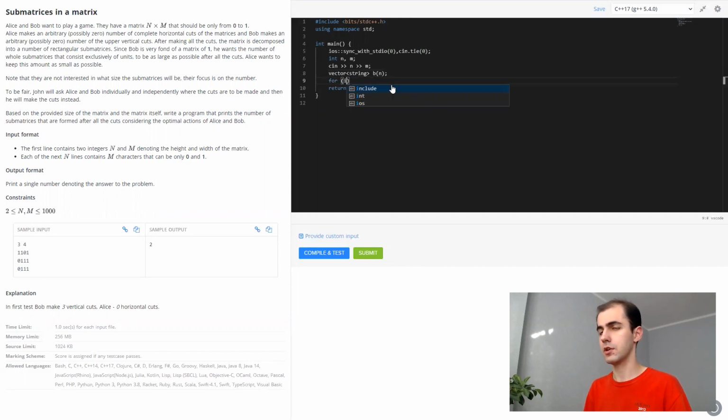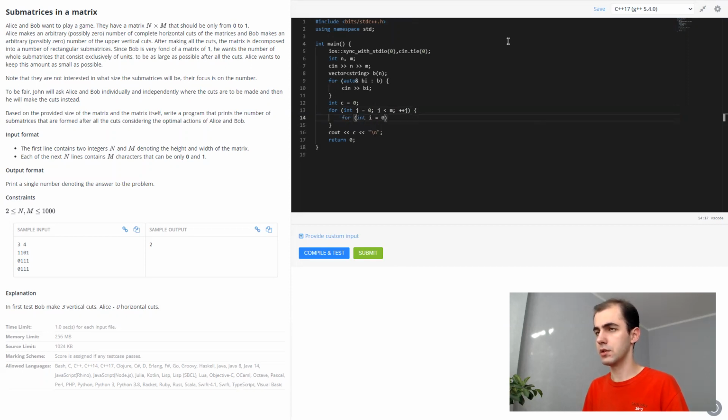N is the number of columns, so we will count something, we will print something. We want to iterate over all possible columns.